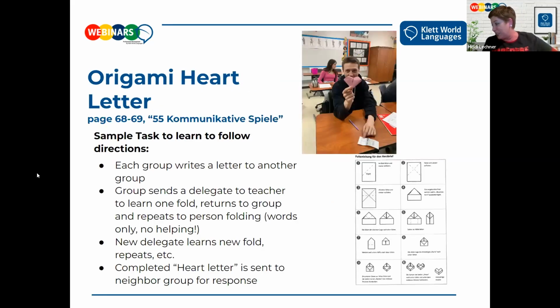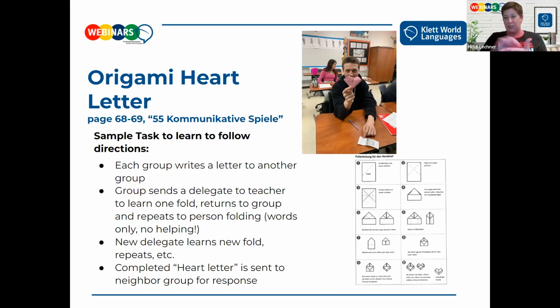This one, oh my goodness. This is from Clet, and I tried this for Valentine's Day as an activity. You get a little heart origami. Well, I gotta say, this is probably the most complicated origami my kids have done in years. And the activity, I think, would really appeal to B1, B2 learners, because Clet wants you to